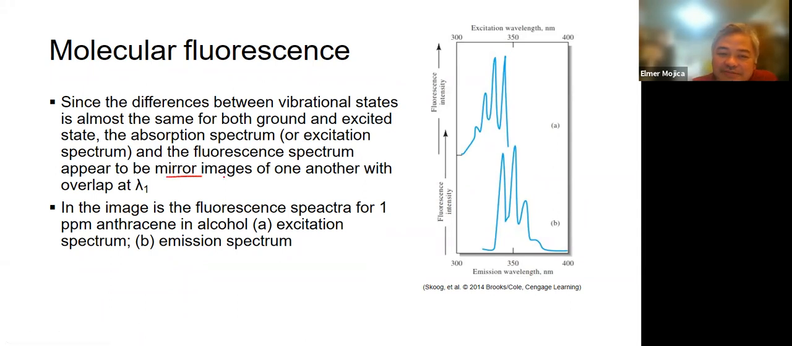They are just what? The mirror image of one another. That's what we call the mirror image rule here. Since the difference between the vibrational states is almost the same for both the ground and the excited state, the absorption spectrum or the excitation spectrum and the fluorescence spectrum, which is the emission spectrum, appear to be the mirror image of one another. Okay? So if we're going to look at this,